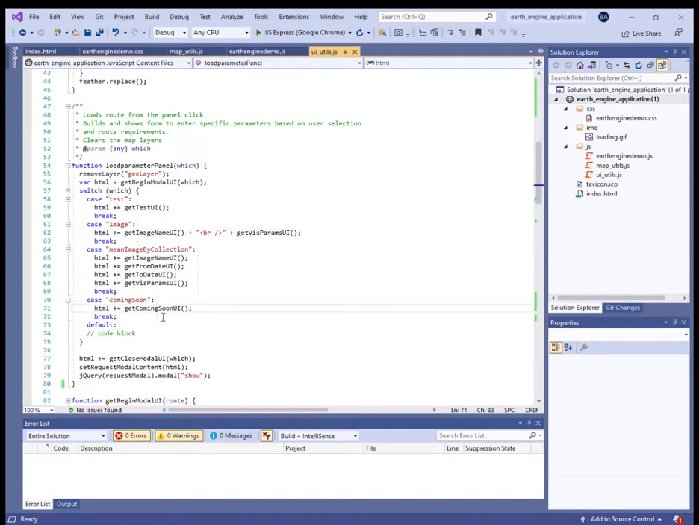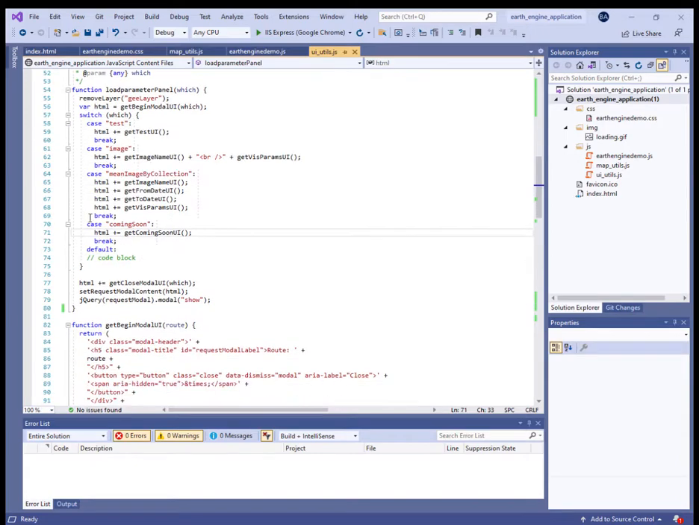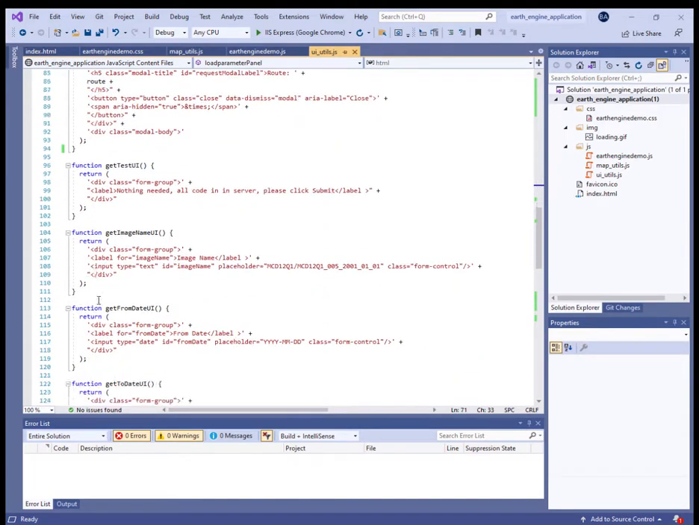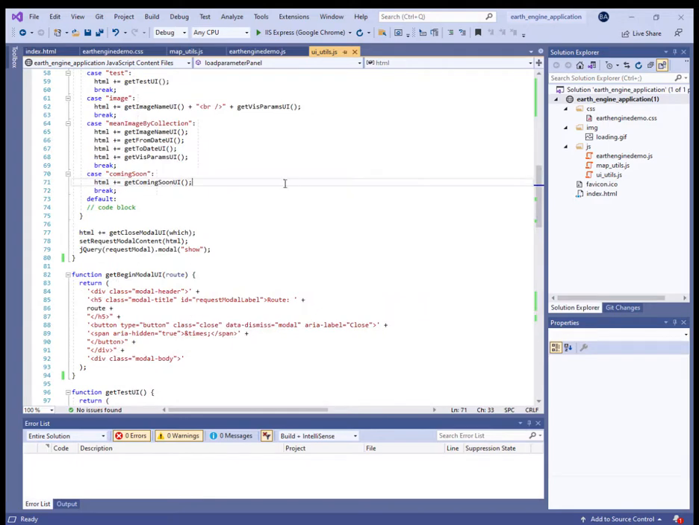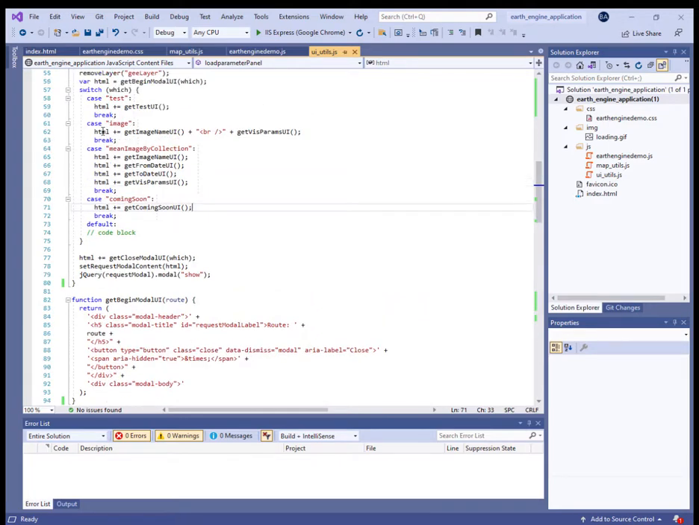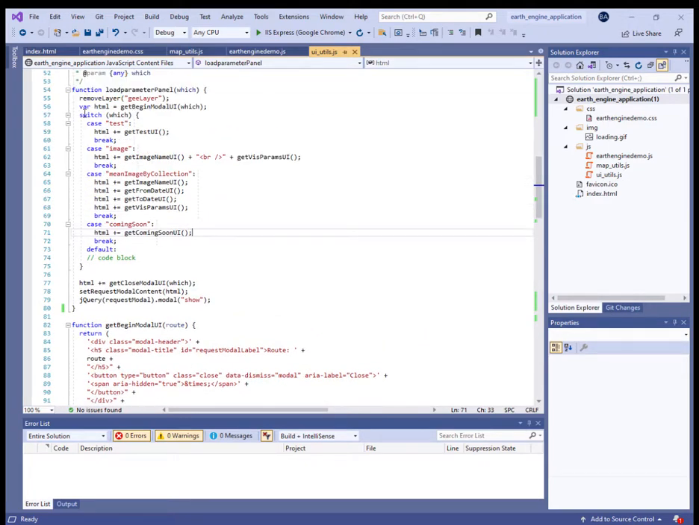But let's look at the coming soon. Again, this is a different route, and coming soon. Well, since we didn't build that yet, all it does is say, basically, we haven't built this yet. So, whichever route we've collected in this switch statement, it's going to come down here and it's going to go to the get close modal UI,